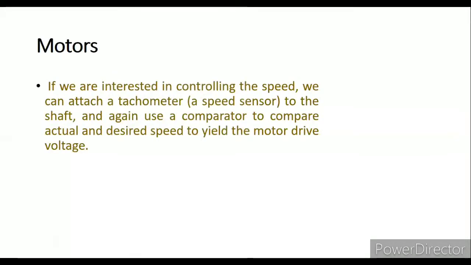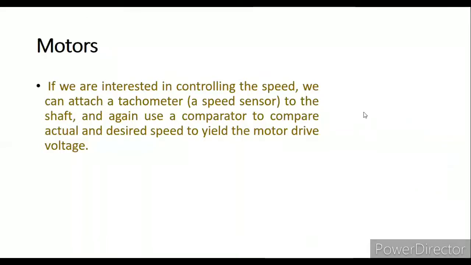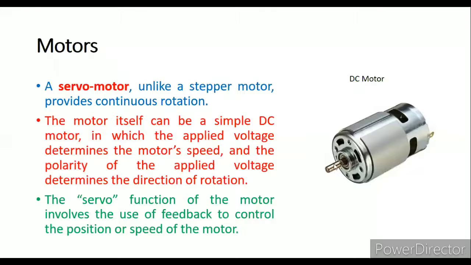How can we check what the speed of that is? One of the important concepts is that we use the tachometer. If I can just show you a simple figure of a digital tachometer. There are so many analog systems also. So this is one example of a tachometer which checks the speed of the DC motor. The knob here should be placed here to check the speed of a DC motor.